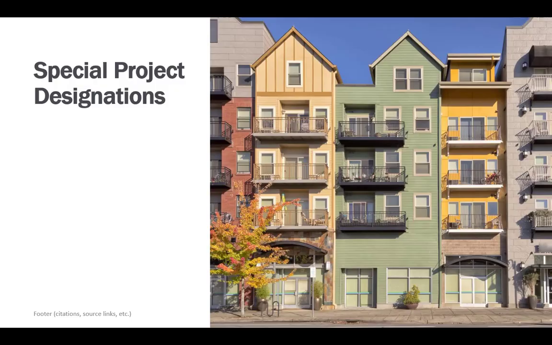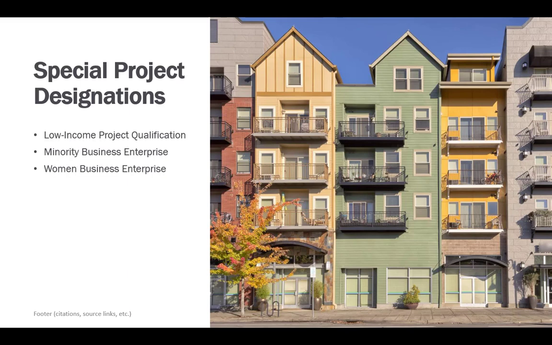Within the Community Solar Program, there are a few special project designations to provide additional community benefits and support. For example, you may qualify for the low-income project designation if 50% or more of the generating capacity of the project is allocated to low-income participants, or the subscription of participants is at least 50% low-income. Additionally, if the project manager or 2 or more contractors or partners involved in developing, operating, or marketing the project are certified as a minority business enterprise, a women business enterprise, or a service-disabled veteran business, they may request a special